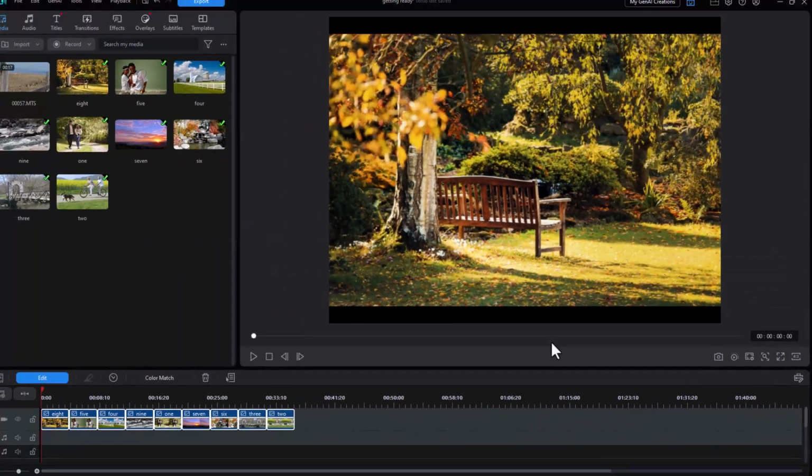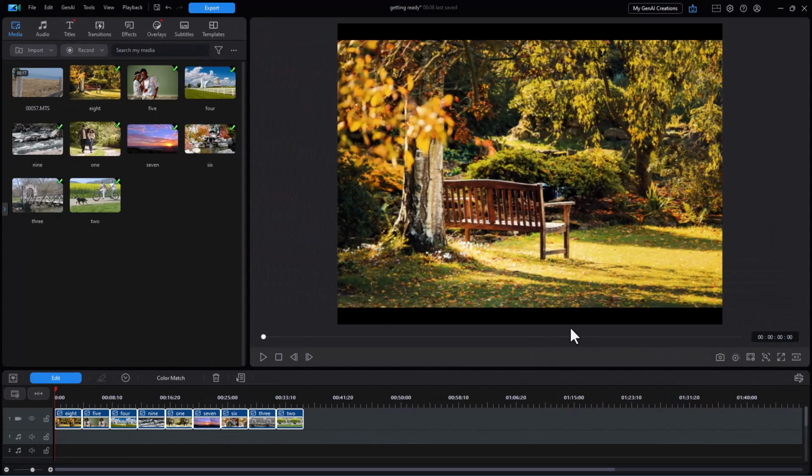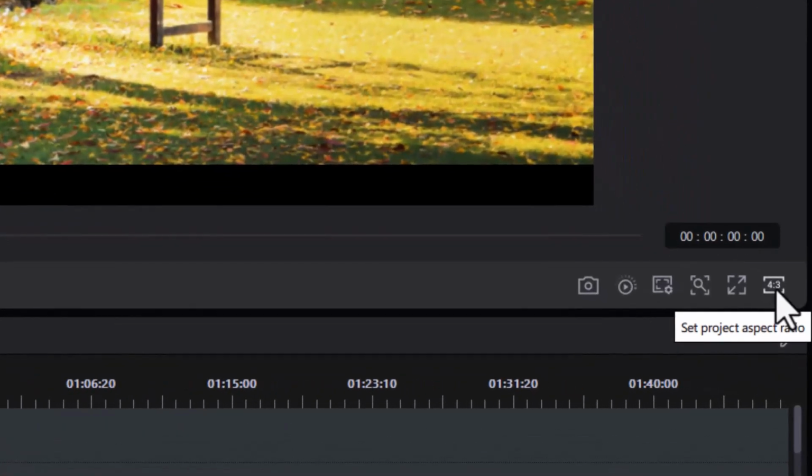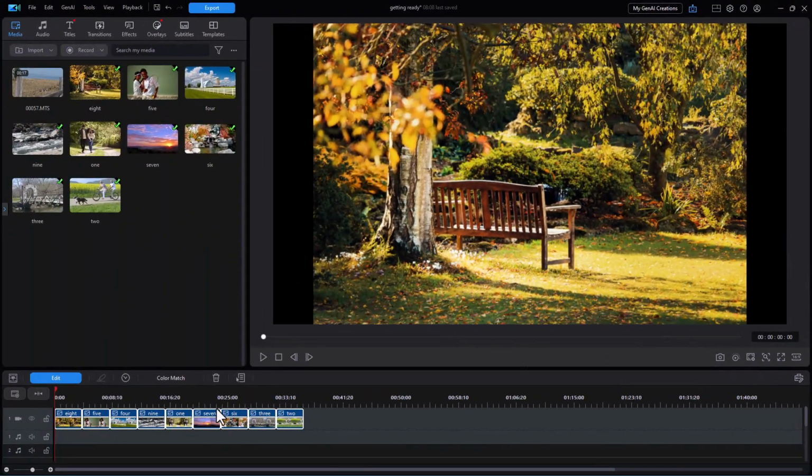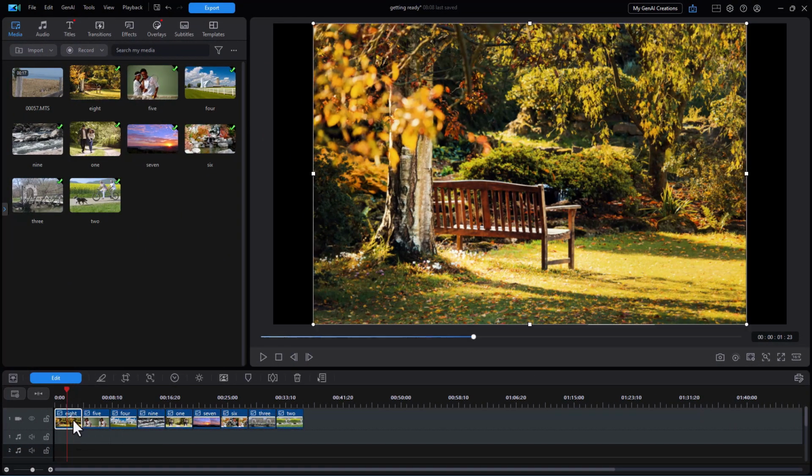Now I have these black areas around my image that I want to fill the screen with. I'll show you how to do that in a moment, how to make it very easy for multiple images. But first of all, let's check our project ratio, change it back to 16:9. And now what I want to do is take the first image, I'll click on it, and